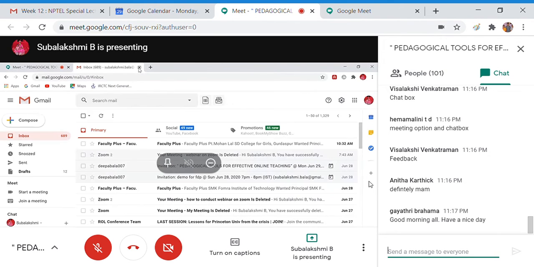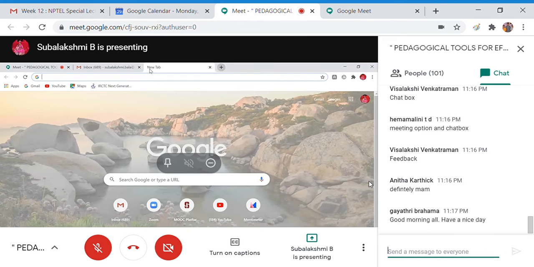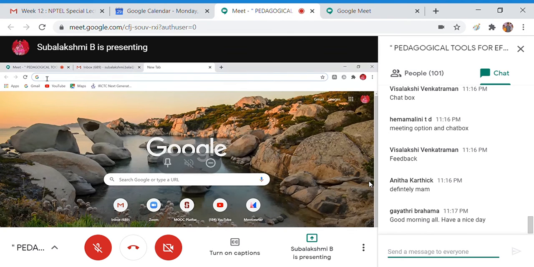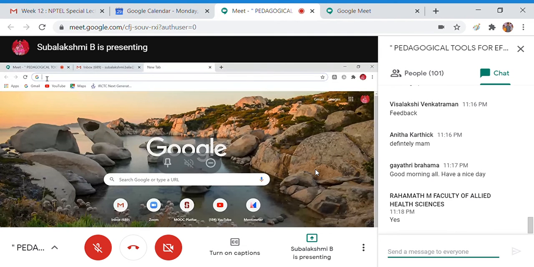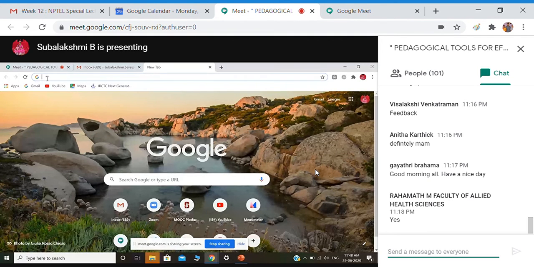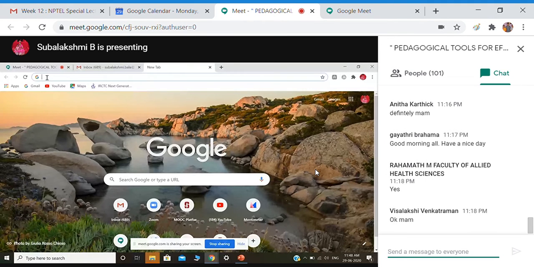As every one of us is interested in playing games, in a similar way, we can also play games in our online classes related to our topic so that we can have better attention from the students. So I'm going to tell you about a gaming software. It is a game-based learning platform. It is Kahoot.